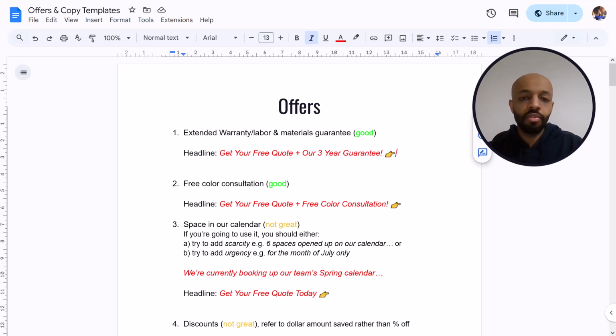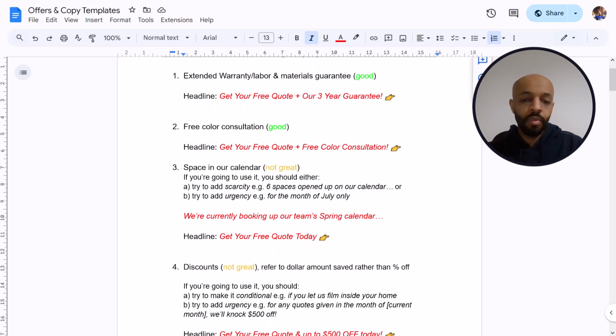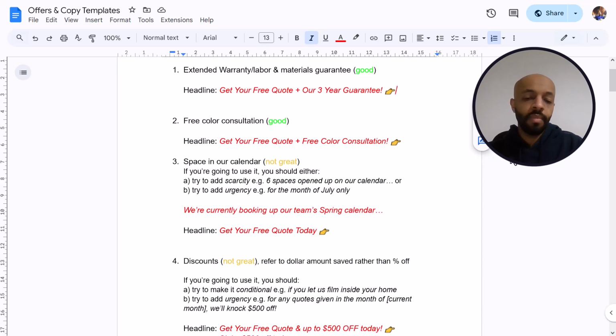Like I said, you should try to make it work. Another thing you can offer is a free color consultation, which is pretty simple. Get your free quote plus a free color consultation. Third thing, like the reason for why you're running the ad, you can say, we're booking up our spring calendar